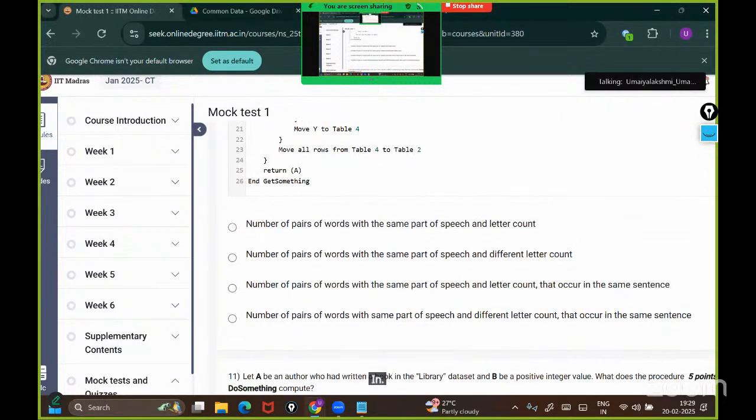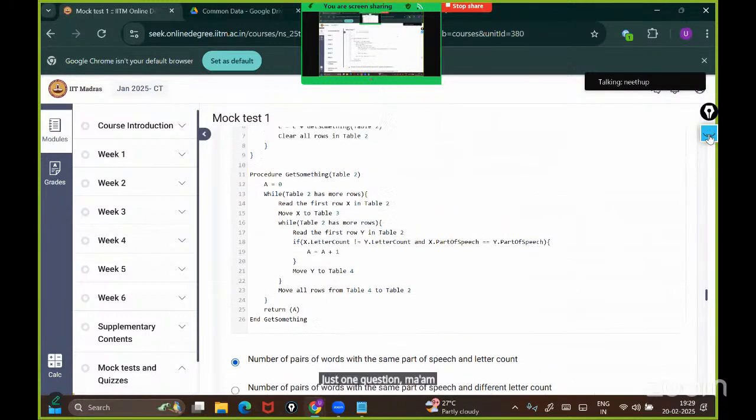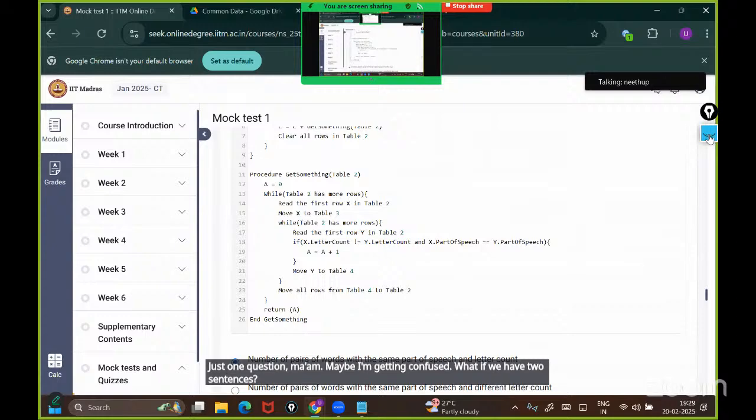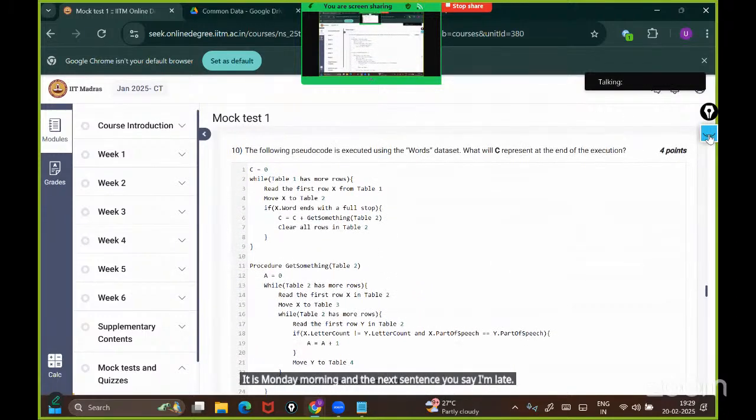D, that occur in the same sentence. Is it clear, people? Just one question, ma'am. Maybe I'm getting confused. What if we have two sentences? Say it is Monday morning, and the next sentence is I'm late. Okay, so the first loop will get A equal to 1, right? Yeah. And then when that is returned, C equal to C plus 1 will become C equal to 2